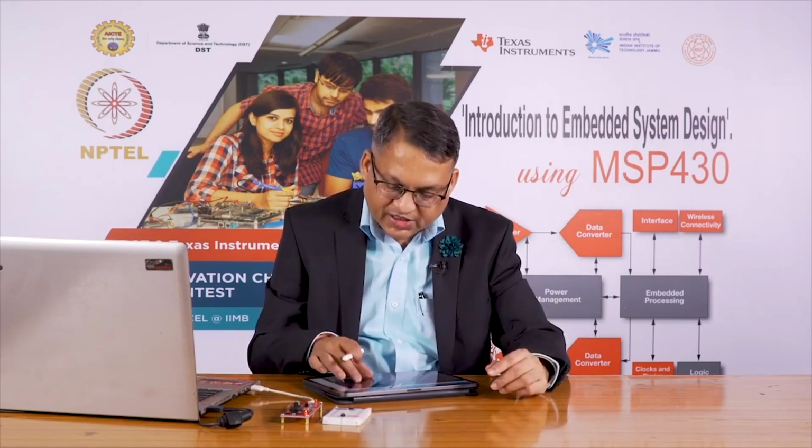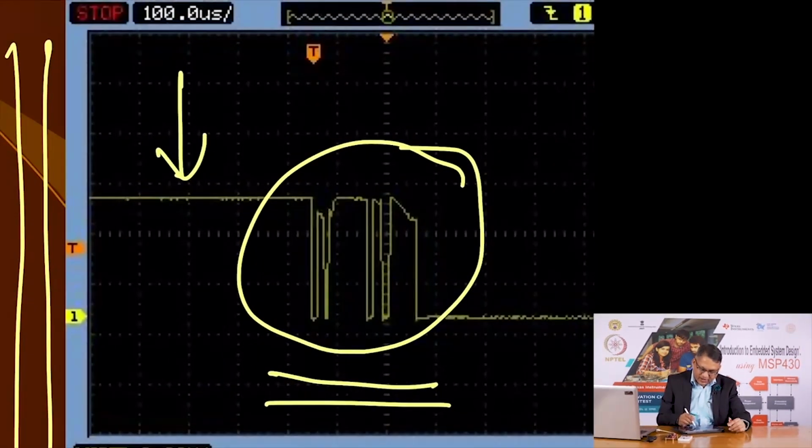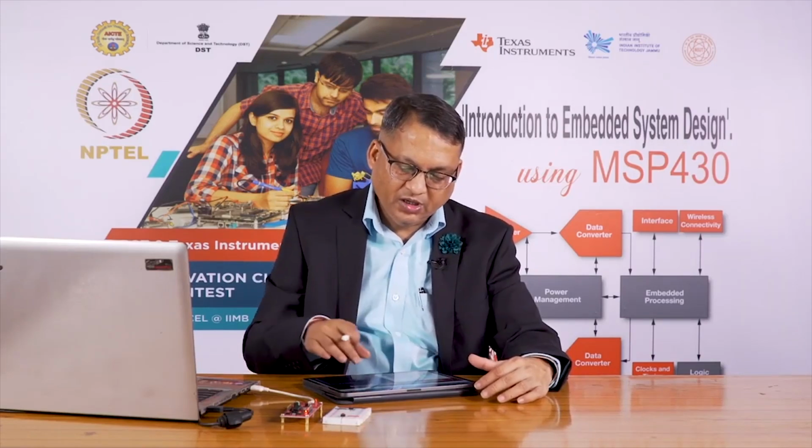Now, we cannot have a bounce in our program, because the bouncing would lead to being interpreted as multiple presses. Even though the switch was pressed only once, if the program does not remove this bouncing, it will conclude that it was pressed once, twice, thrice, 4, 5 times, and it might do 5 things, but we know that it was pressed only once. So, we have to find a mechanism to remove these fluctuations, and one method is to use a hardware debounce technique,